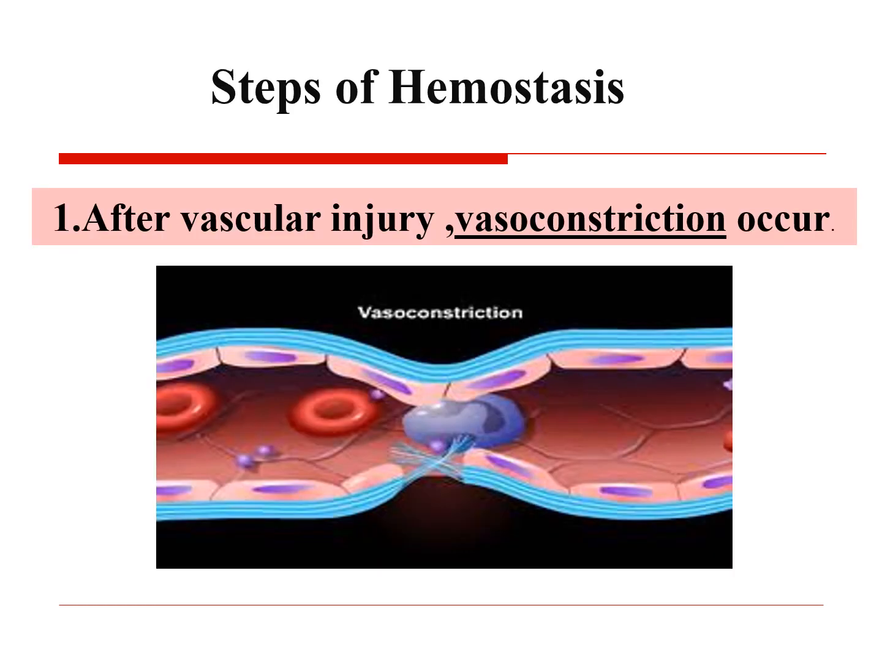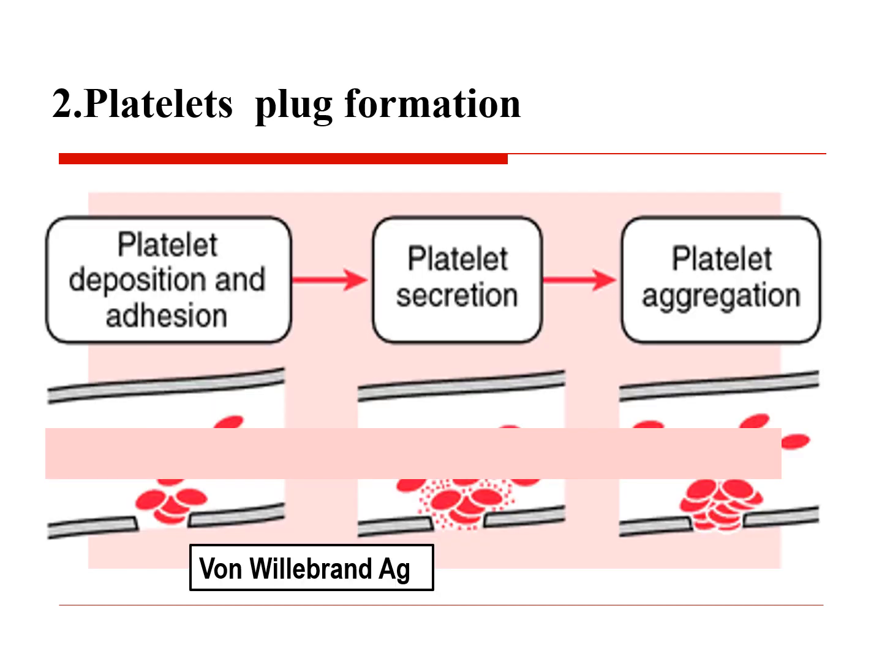Let's take a rapid revision of normal hemostasis. What are the steps of hemostasis? The first step after vascular injury is vasoconstriction. The second step is platelet plug formation, through platelet deposition and adhesion, platelet secretion, and platelet aggregation with the help of von Willebrand factor, leading to formation of a platelet plug, but it is friable,